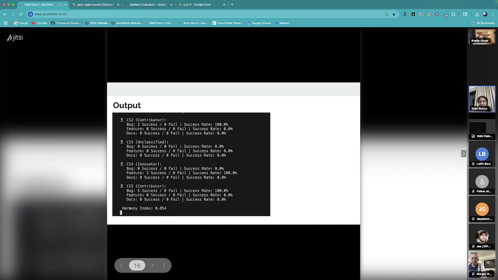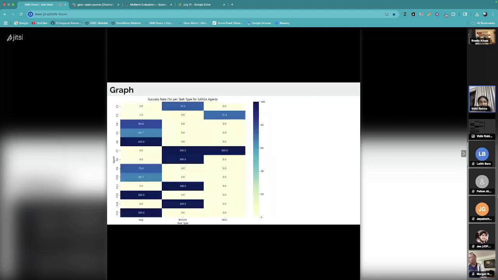So we get to know whether the SALSA agent is performing well, because if it's too close to the alpha that we have set, that means it's not performing well because the success rate is not high. If it goes a bit above the alpha that we have set, that means the success rate is good.